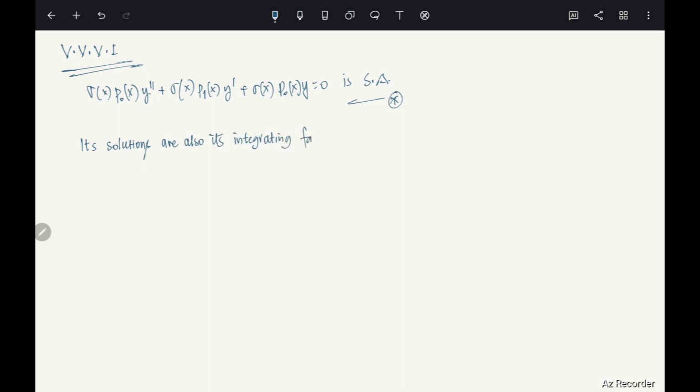Integrating factors, right? This is quite evident. You see, if you solve this self-adjoint equation, the solutions will also be integrating factors, right? Okay, so